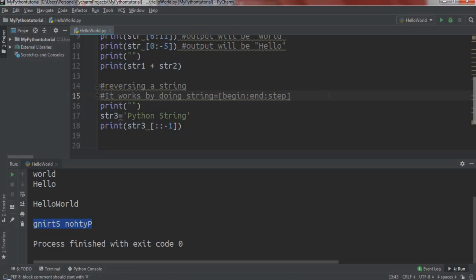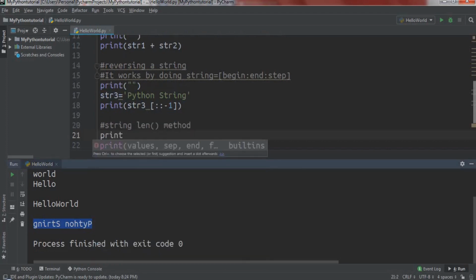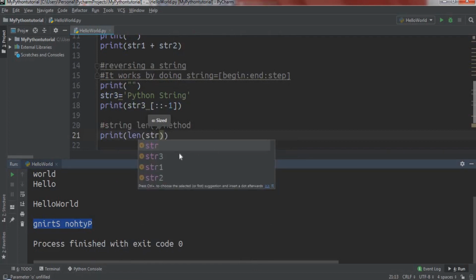Python has several built-in methods associated with the string data type. These methods let us easily modify and manipulate strings. Built-in methods are those that are defined in the Python programming language and are readily available for us to use. Here are some of the most common string methods. The first one is the string length method. The string length method returns the length of the string. For example,